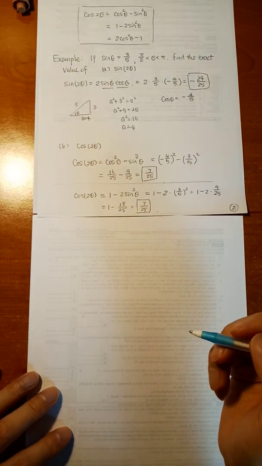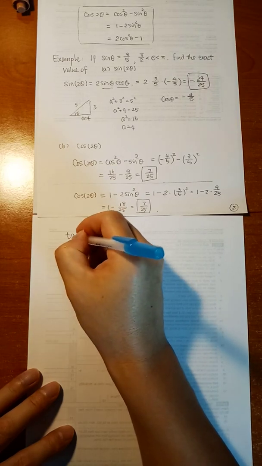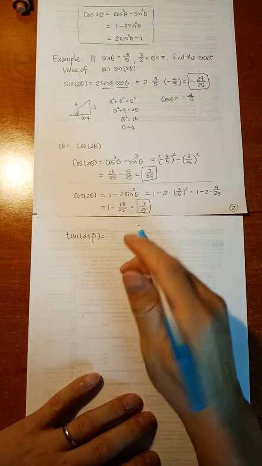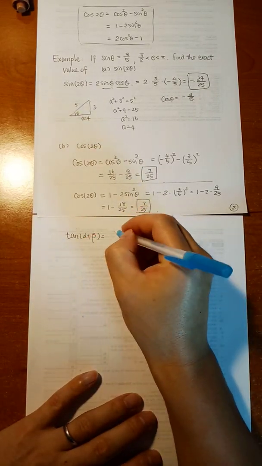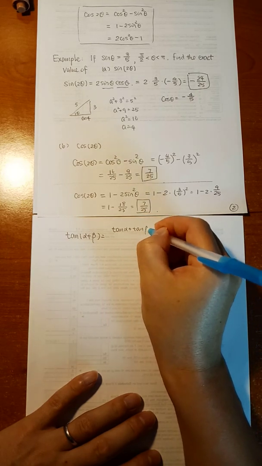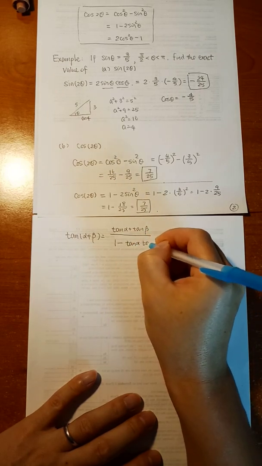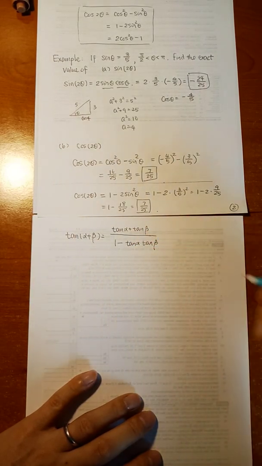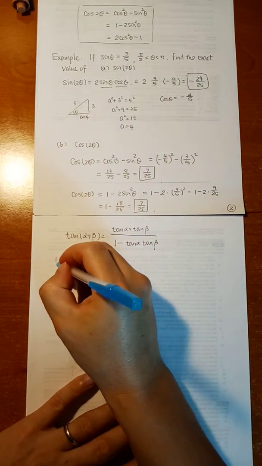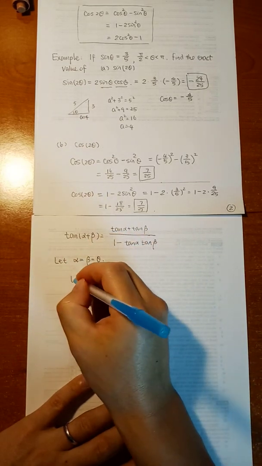After sine and cosine, let's talk about the tangent. The double angle formula comes from the sum formula. So tangent of alpha plus beta, recall that it's tangent alpha plus tangent beta over 1 minus tangent alpha tangent beta. This is the sum formula. And you let alpha equal to beta equal to theta. So we get tangent